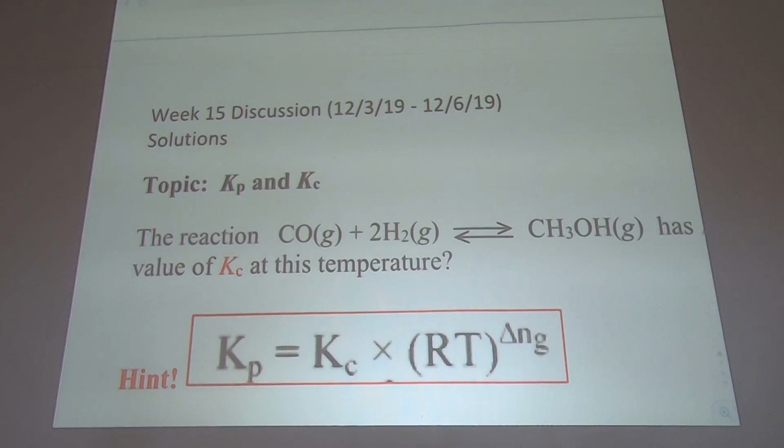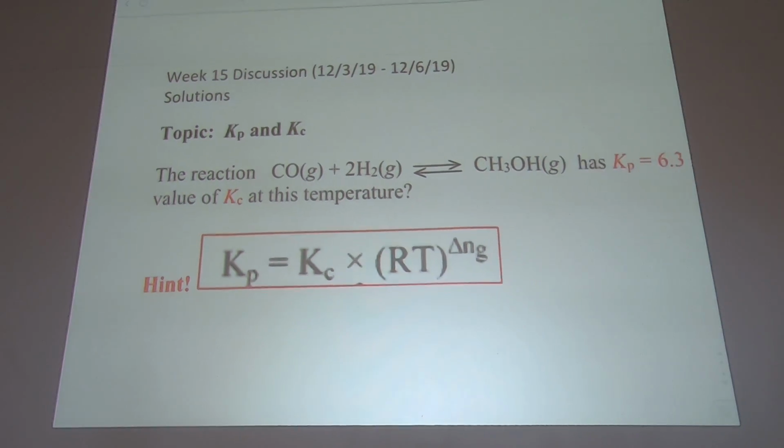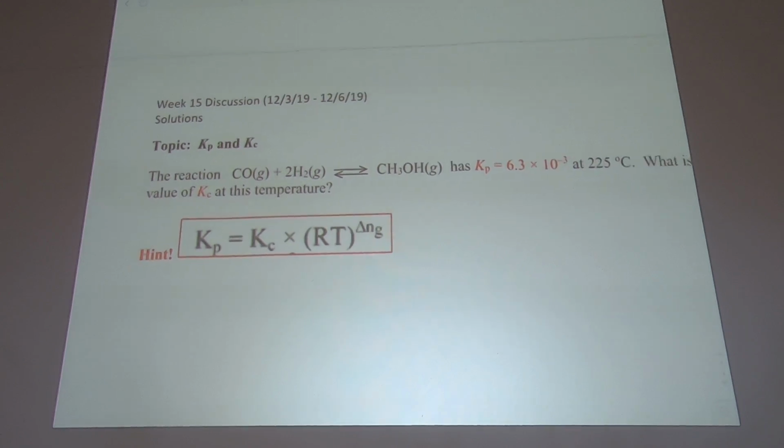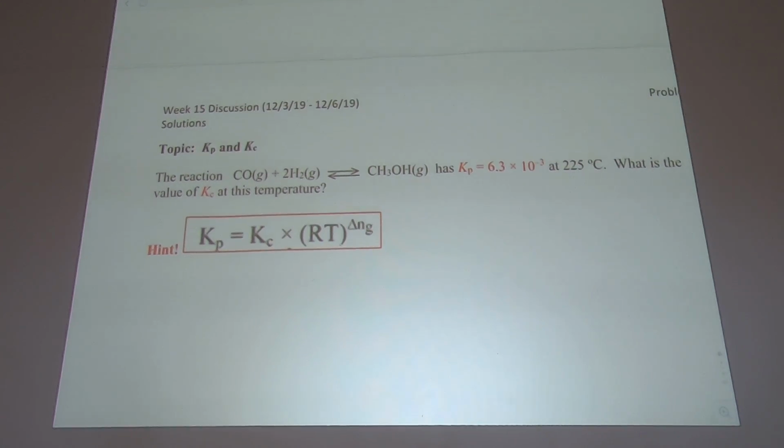Okay, so this is a problem about Kp and Kc. The problem is actually pretty straightforward here. They give you a pressure-based equilibrium constant, and they ask you to calculate the concentration-based equilibrium constant, and they give you a temperature, and they show the reaction. What's important in here is what we call the